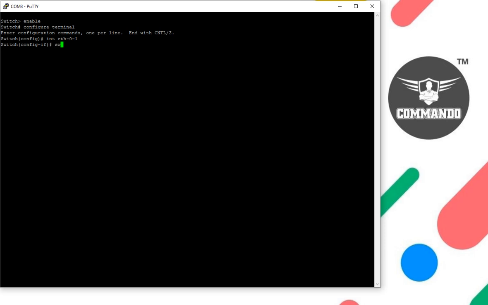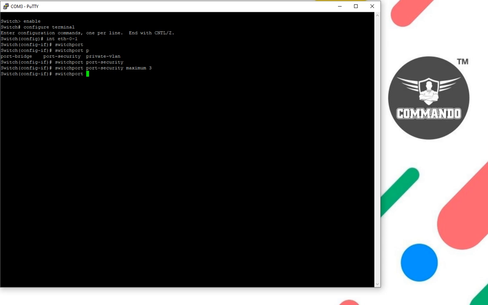I will call it a switch port, and then switch port security maximum 3, so a maximum of 3 MAC addresses can be connected to this switch,